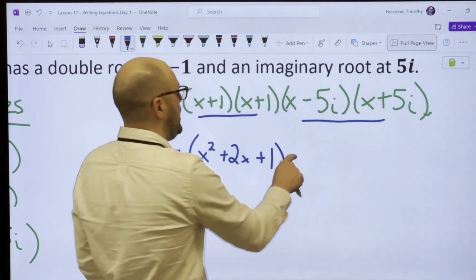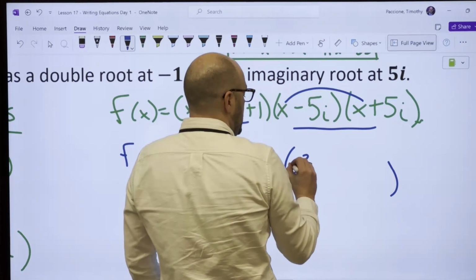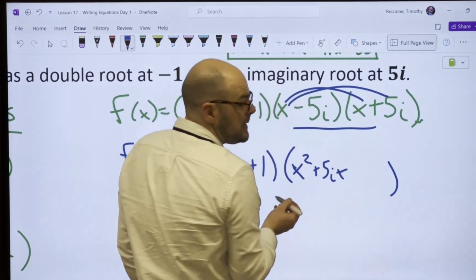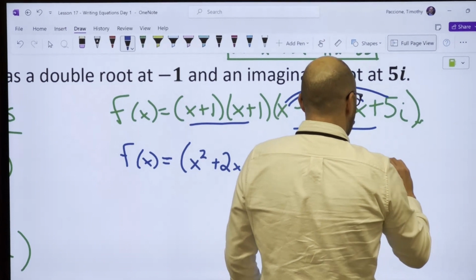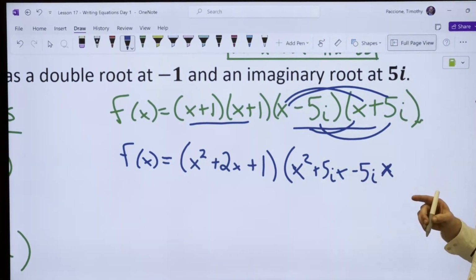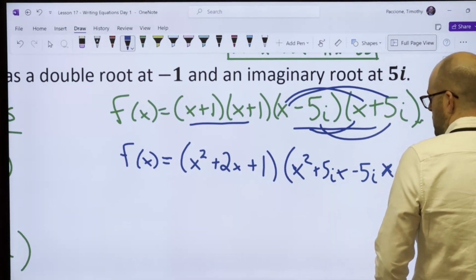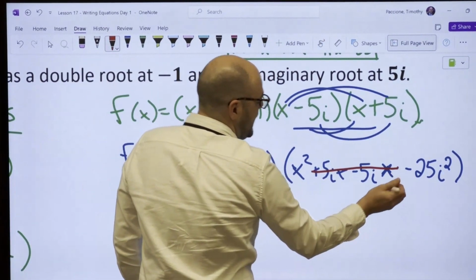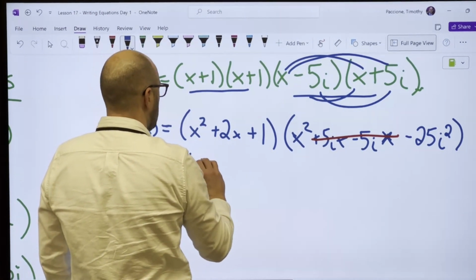This one I'll do out with you. So if I FOILed this, well, x times x, that's x squared. Outer plus 5ix. Inner minus 5ix. Which, of course, looks crazy, but it's okay because it's going to go away. And then minus 5i times 5i would be minus 25i squared. Okay, so this looks crazy, but it doesn't matter because it's a plus and minus of the same thing, so it cancels, right? So what I end up with is f of x equals